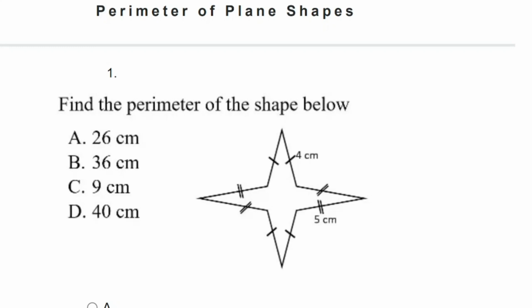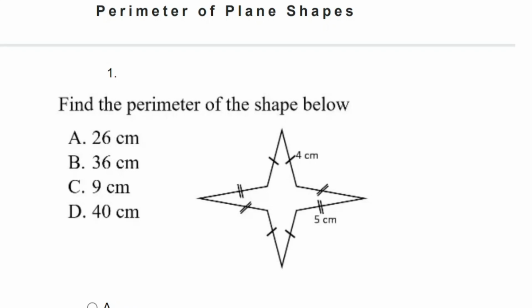So in this class, we want to look at the corrections to perimeter of plane shapes from the quiz that we gave you. So the first one we have here: find the perimeter of the shape below, as you can see. So this means that